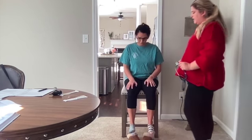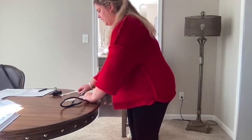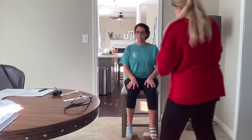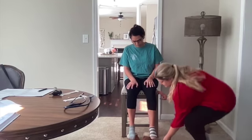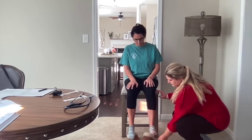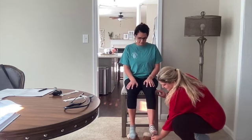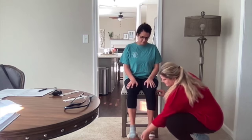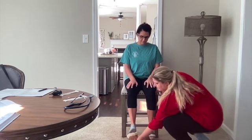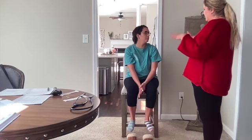Perfect. And then the final one I'm going to do is check the bottom of your foot with the sharp side of this. I'm just going to check to see if your toes curl. Oh, I'm sorry. Perfect. All right, Addie, now that I've looked at everything, we've done your reflexes, I'm just going to see how